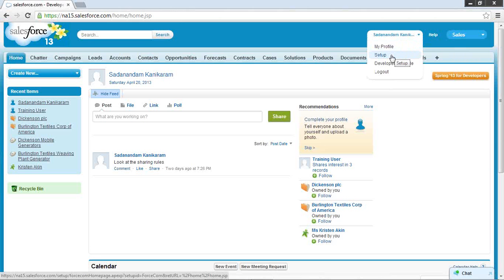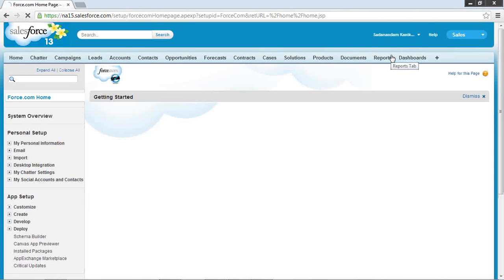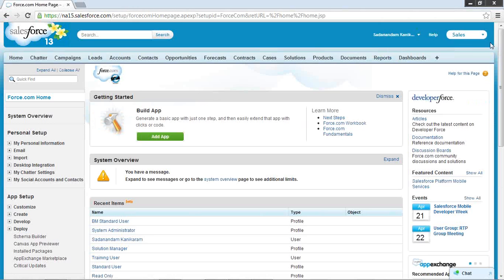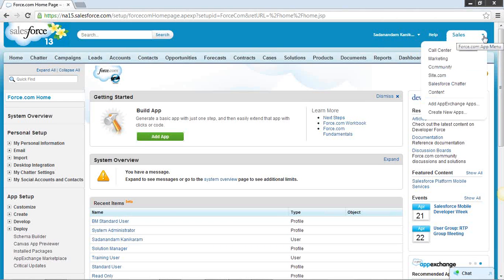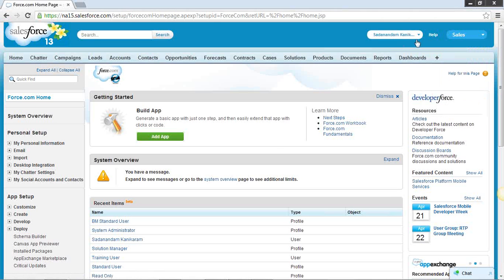Okay. So first, this is setup, and before setup, we have different applications here. Whichever application we want, we can go from here: sales, call center, marketing, community, Salesforce Chatter, and content. So in the setup, mainly we spoke about